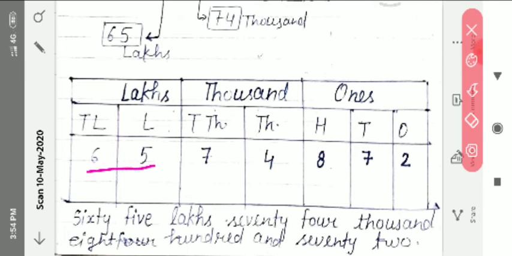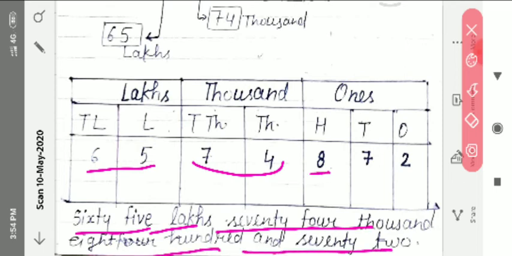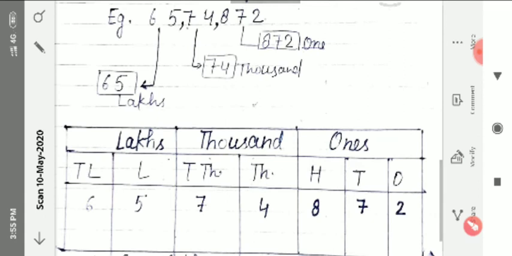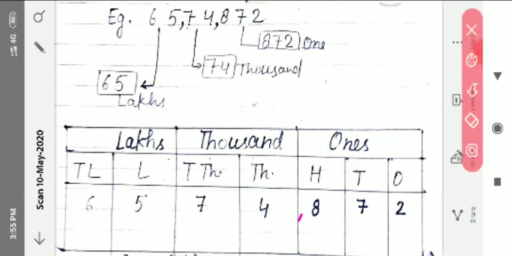65 lakh, because the place of lakh is given, 65 lakhs and 74,872. Okay, and how can we put the comma between this? After ones, tens, hundreds, one period is over, so here you can put a comma, and at 1,000 and 10,000 the second period is over, then put a comma. So the required number here